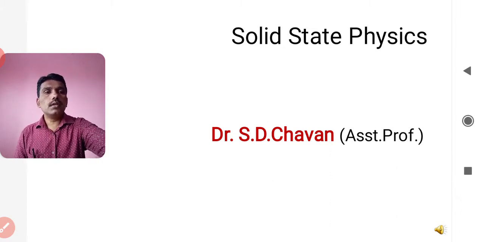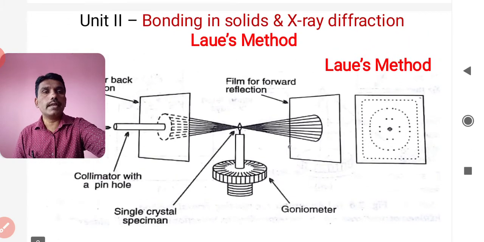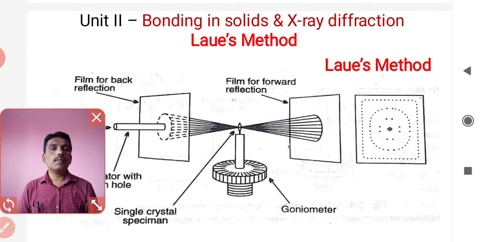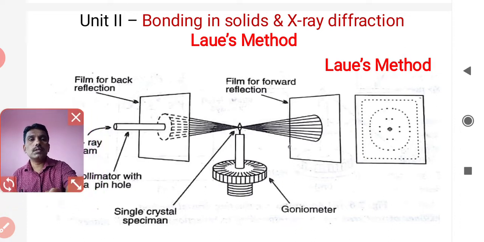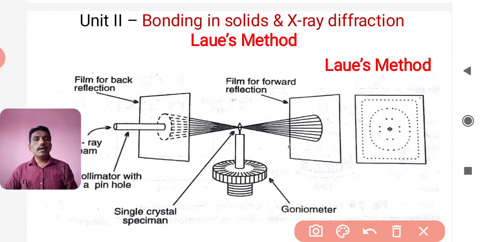For that, let's see what exactly the Laue method is, and what the arrangement is as far as the Laue method is concerned. Now if you look at this diagram, it shows systematically what is there. I am zooming in a little bit to understand it carefully. This arrangement is as good as a spectrometer. This is the collimator part, and this is the goniometer, which is called the prism table.